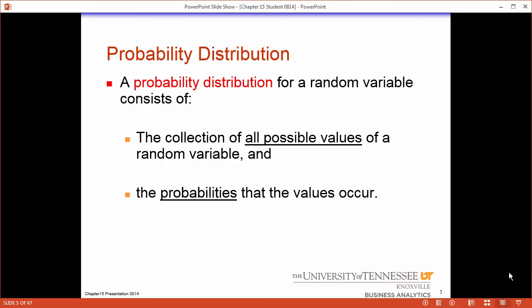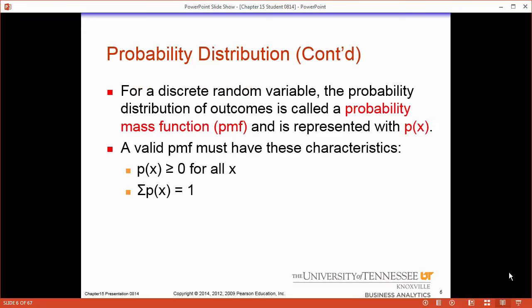When we think about these distributions, we can actually make a probability distribution. And this is the collection of all possible values of a random variable. What we need are similar to our rules before. Our rules before were that the probability of x is greater than or equal to 0, and we could also state it's less than or equal to 1. This means it either never happens or always happens or somewhere in between, and that's for all discrete random events.